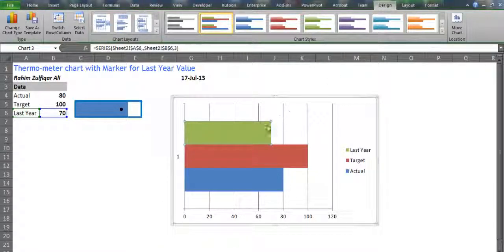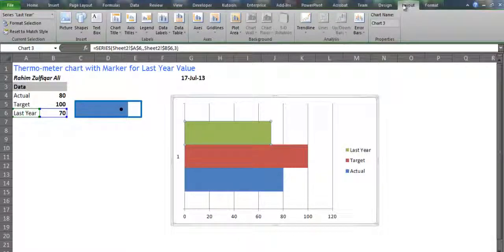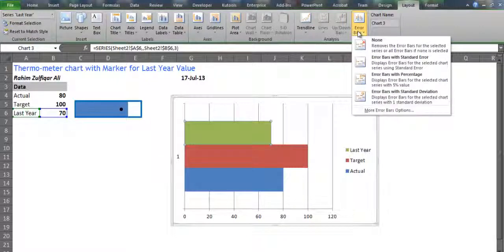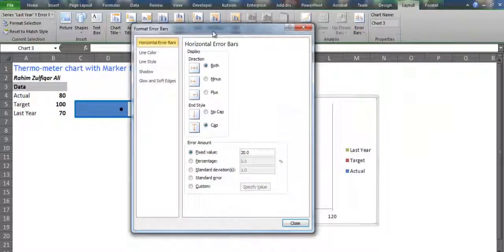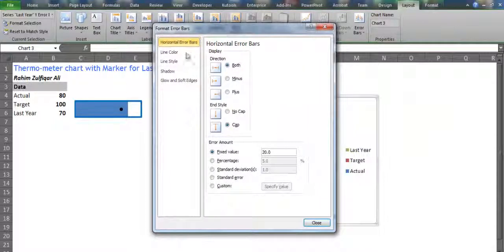For making that we will go to layout and then click on error bars and go to more error bar options, and here we have to make certain changes. In the format error bars window we have a horizontal error bar option. In style, click on no cap, and in error amount click on percentage and set the percentage to 1, and